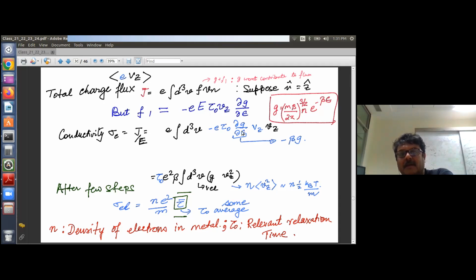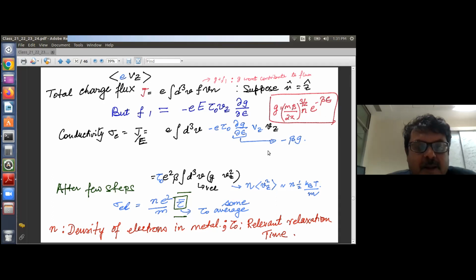Now we have to calculate del G del E. Now G is equal to this quantity, the equilibrium distribution function, right? When you take a derivative with respect to E, these terms remain intact, and all that you get is an extra minus beta when you tweak the del del E of e to the power minus beta E. So what you get is del G del E equal to beta G,